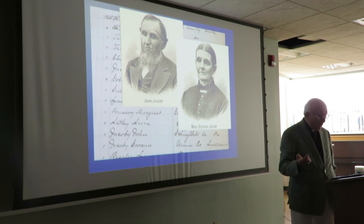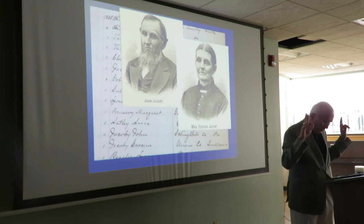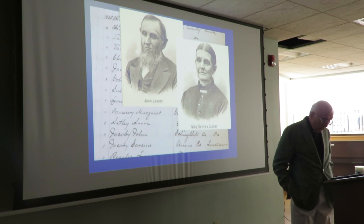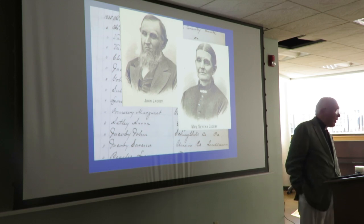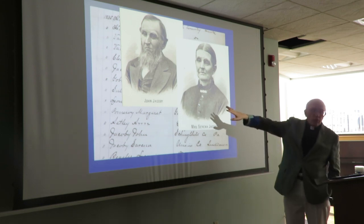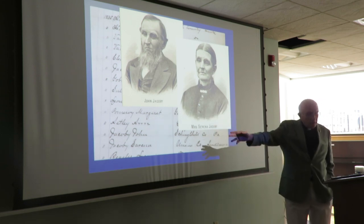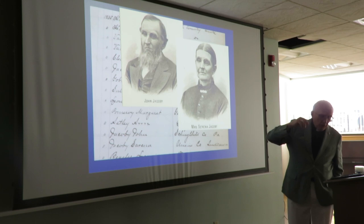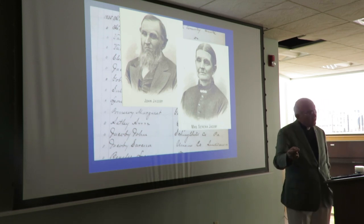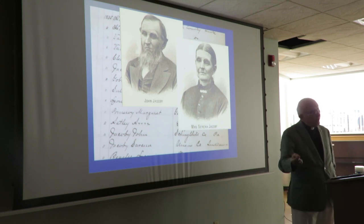The road gets completed up from Logansport to Michigan City, insofar as it was completed. Plymouth was platted in the fall of 1834, and land actually went on sale in September of 1835. So some people came in '35 and settled, like the Jacobis, like John Houghton. But a lot of people came to buy land in the fall of 1835, just the heads of families, and